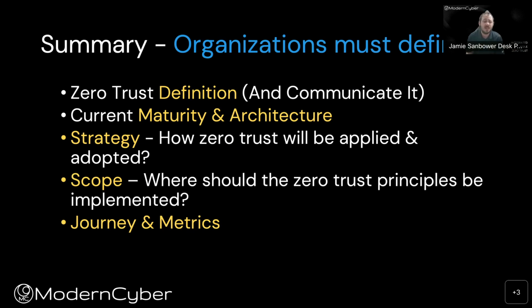The last thing is define some journey. Create metrics around maturity and progress so that you are able to track and show progress. This is a journey that I will say has bubbled up to most chief information security officers and sometimes even business boards. How is the organization addressing cybersecurity for the future while things evolve and become quicker as far as deployments are concerned? Well, we're using zero trust, and here's where we're at on our current journey.